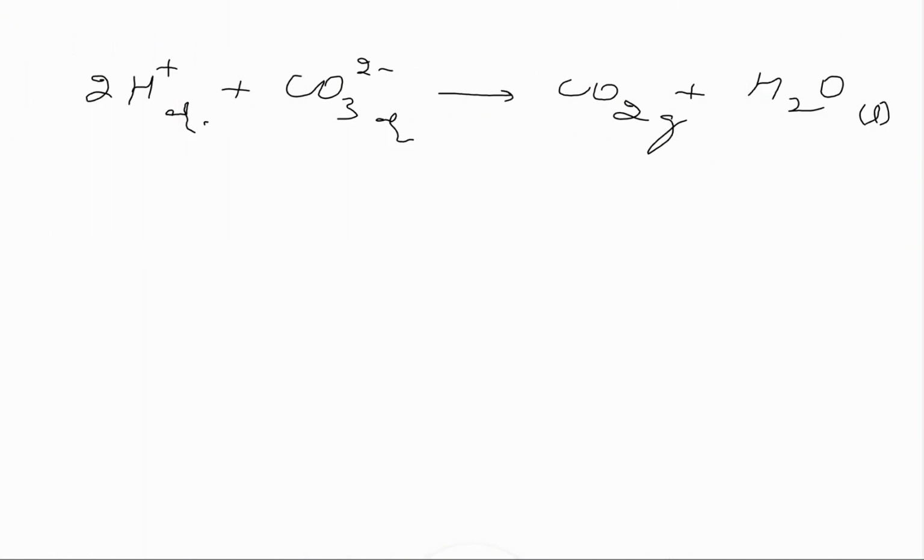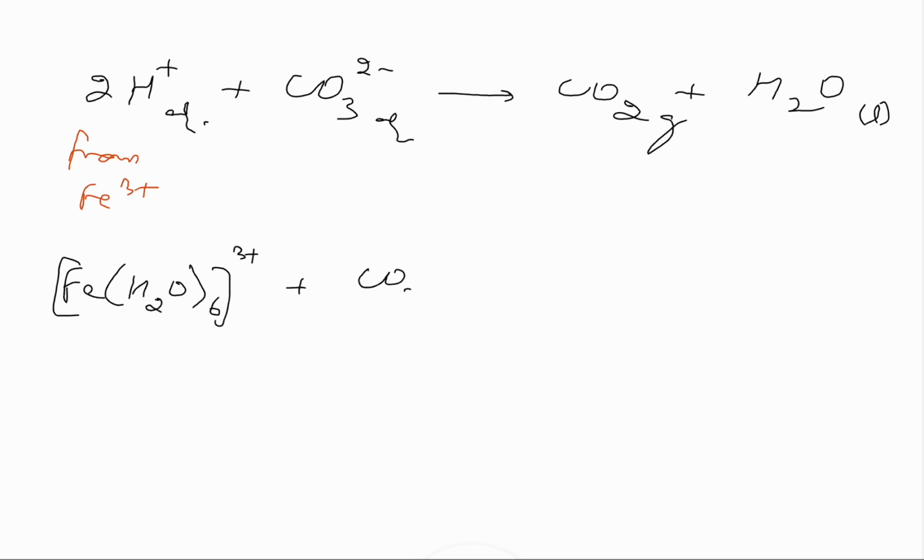Now these H+ ions which are released from the Fe3+ are going to react with the carbonate ion in a typical reaction of an acid with carbonates, releasing carbon dioxide and water. Now if we were to look at this reaction for Fe(H2O)6 3+ with carbonate ions, then what you would see is that when water ligands break, the H+ ions released